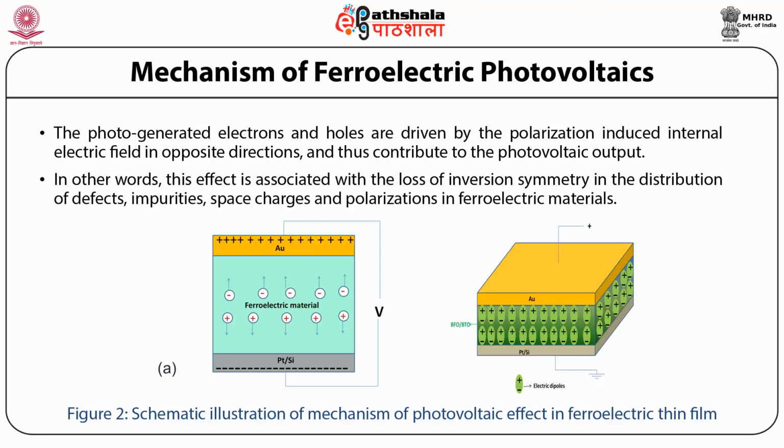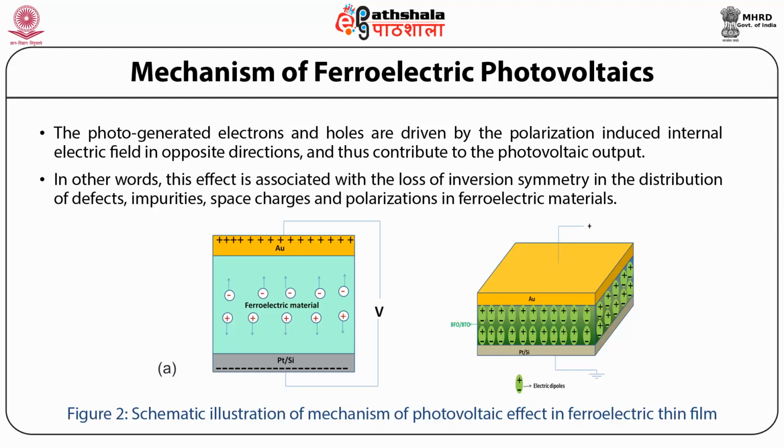So the photogenerated electrons and holes are actually driven by the polarization-induced internal electric field. In the second part of the figure, you can see the other side, that is, between the top and the bottom electrodes, there is a ferroelectric layer. In this case, the example of the ferroelectric layer is BTO and BFO, that is, barium titanate and bismuth ferrite